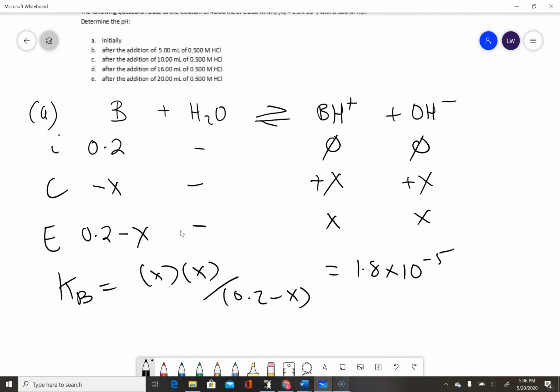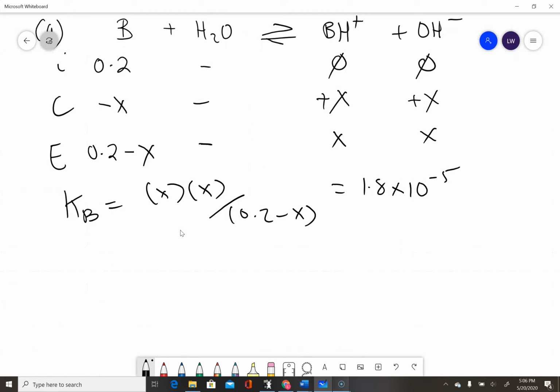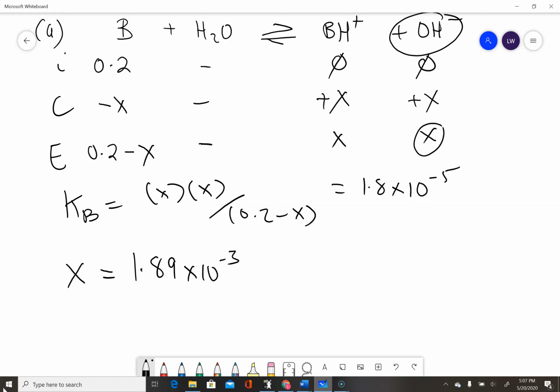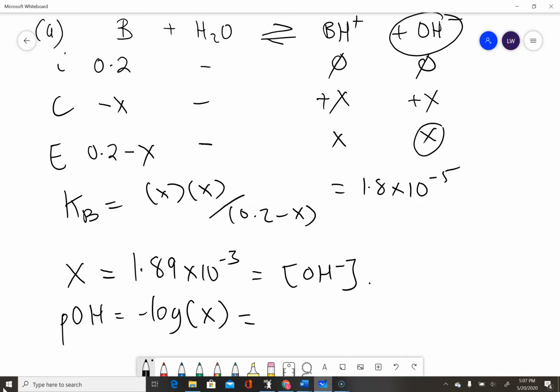So how I would tackle this is to use the solver. So I'm going to go ahead and do that now. Having done that, I find that X is equal to 1.89 by 10 to the minus 3. Now my X in this case is just equal to my hydroxide ion concentration, so I can easily get the pOH from here. So pOH equals the negative log of my hydroxide ion concentration, so I can do that pretty simple, negative log of the X there, and that ends up being